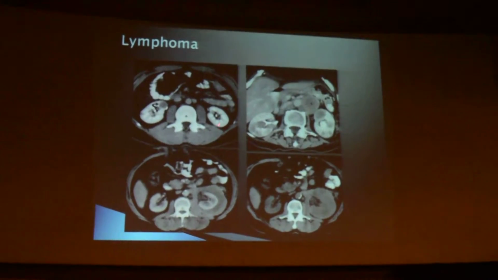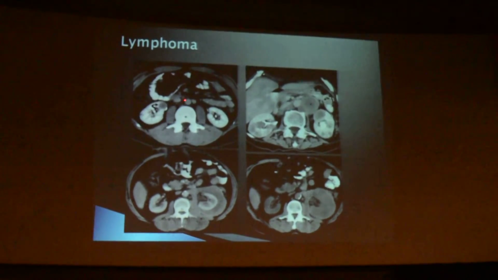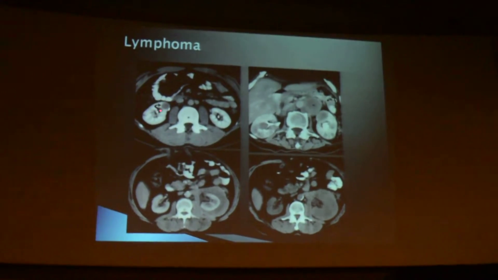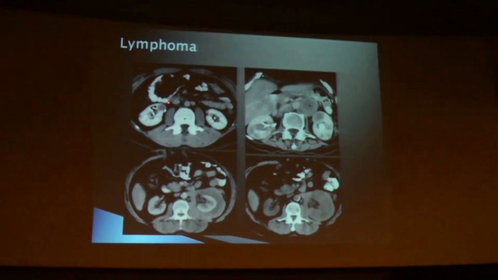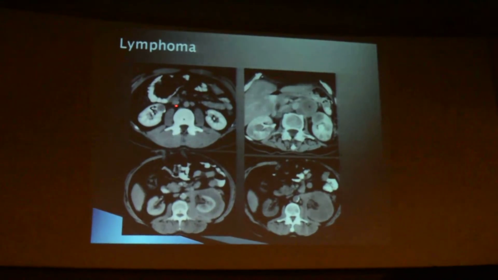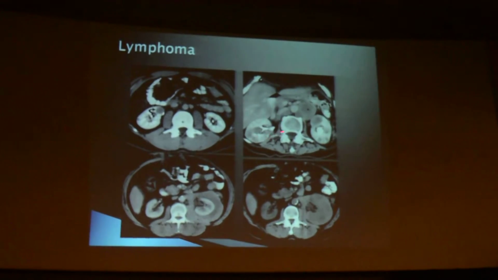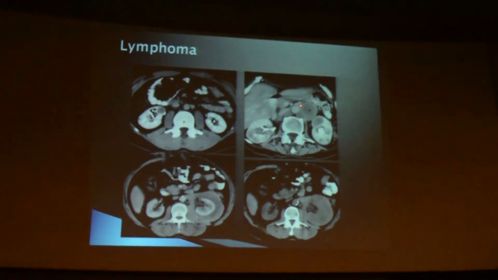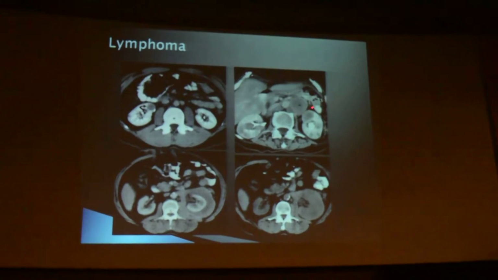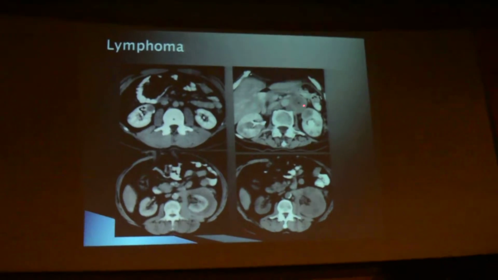This is a case of lymphoma. You can see a solitary hypodense lesion, not much enhancement. And these are bilateral renal masses. You can also see this is secondary involvement of the kidney by the lymphoma. And these are the retroperitoneal lymph nodes of a patient with a known case of